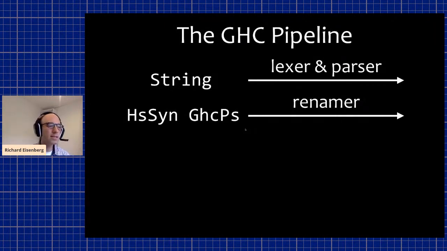So the idea with this type parameter is that this abstract syntax might be used within GHC, but we also want these same data types to be used elsewhere. So they may be in Haddock. One day we hope Template Haskell will use these data types. Haskell-src-exts, all of these things might one day adopt these data types. So this is using this technology called trees that grow. If you search for that, you'll find various papers on the subject. And the idea here is that we want this particular version of this that's suitable for storing information that's come out of the